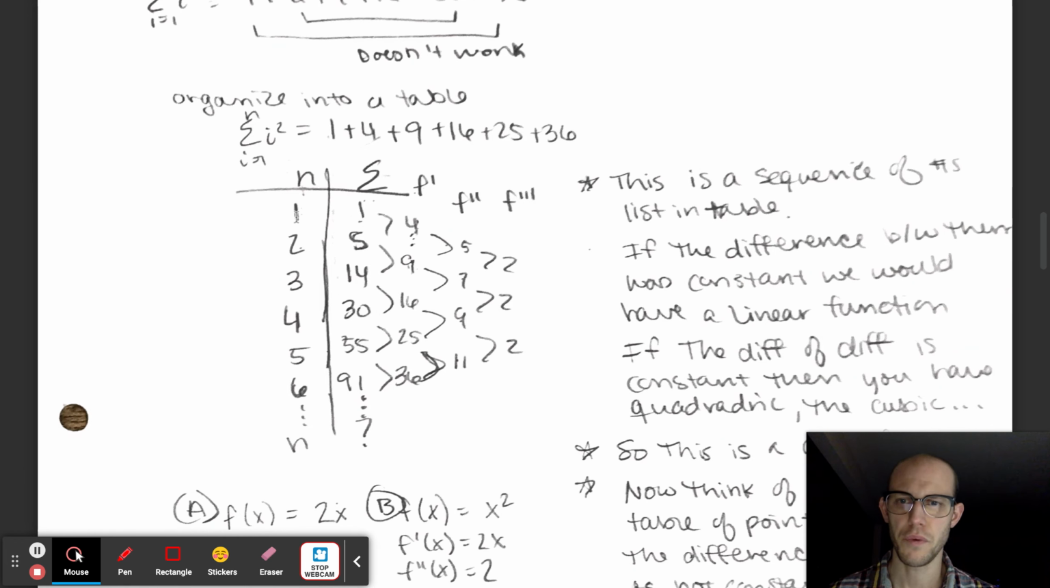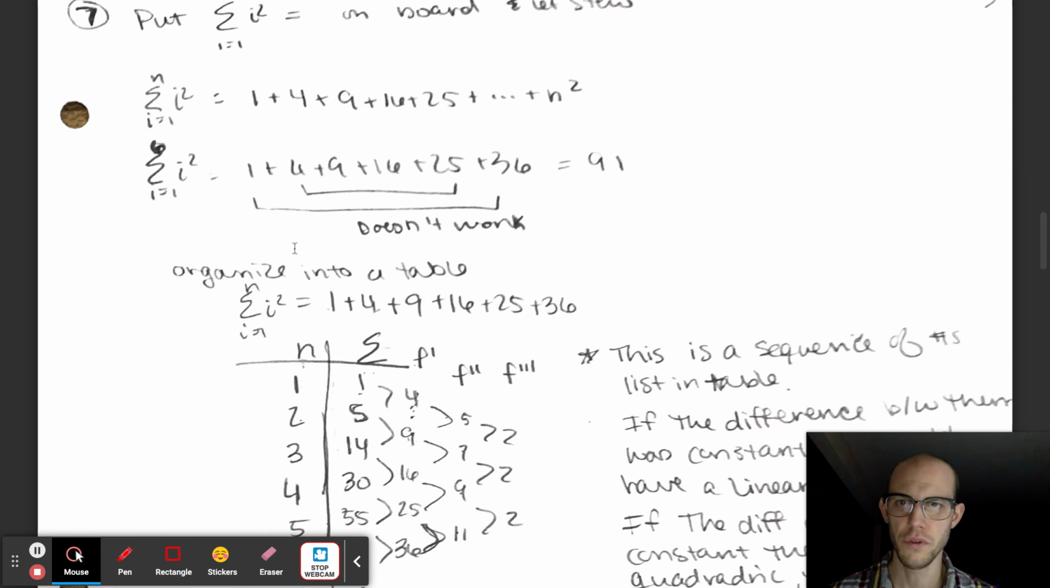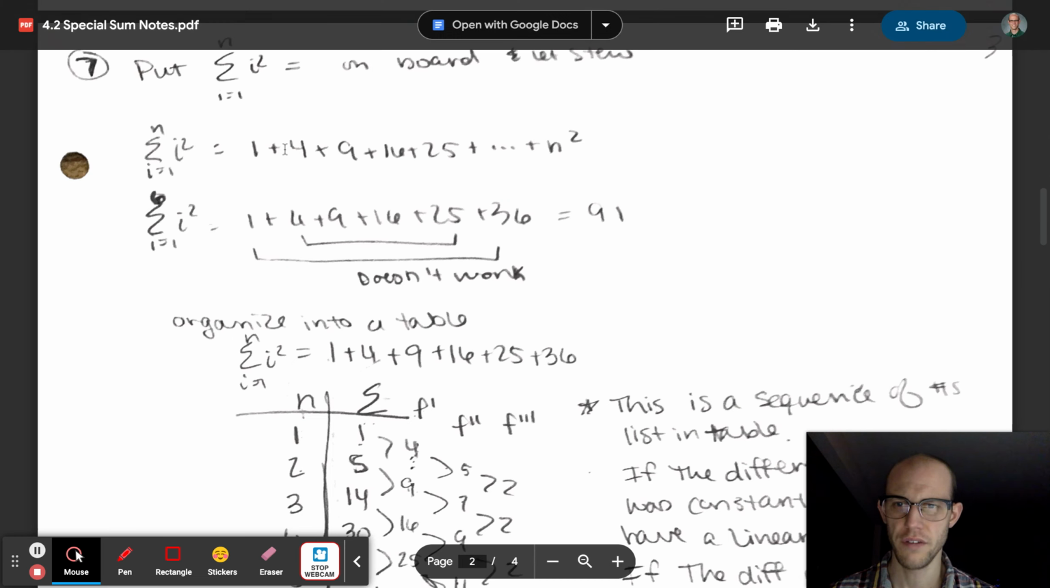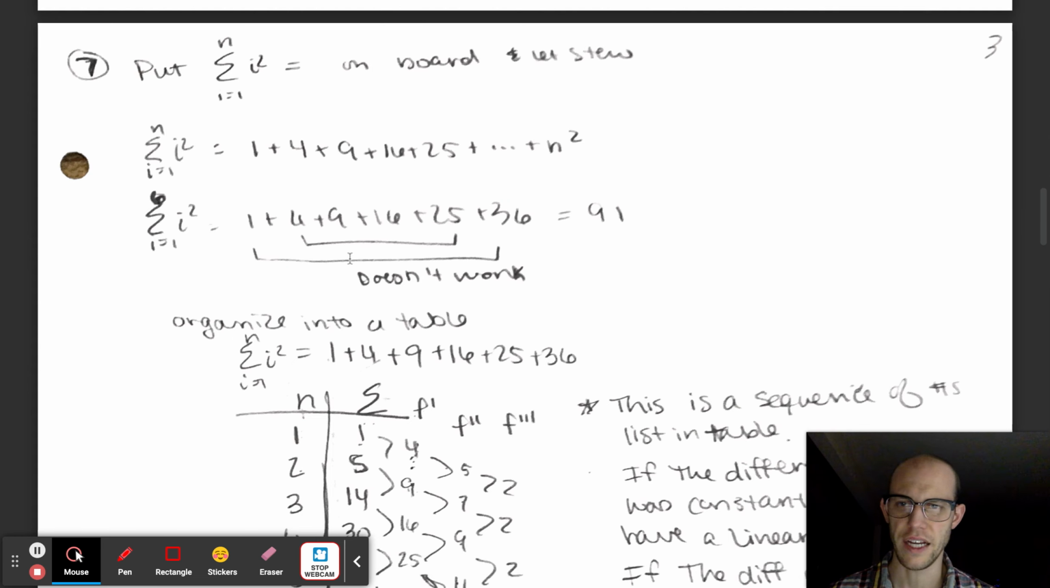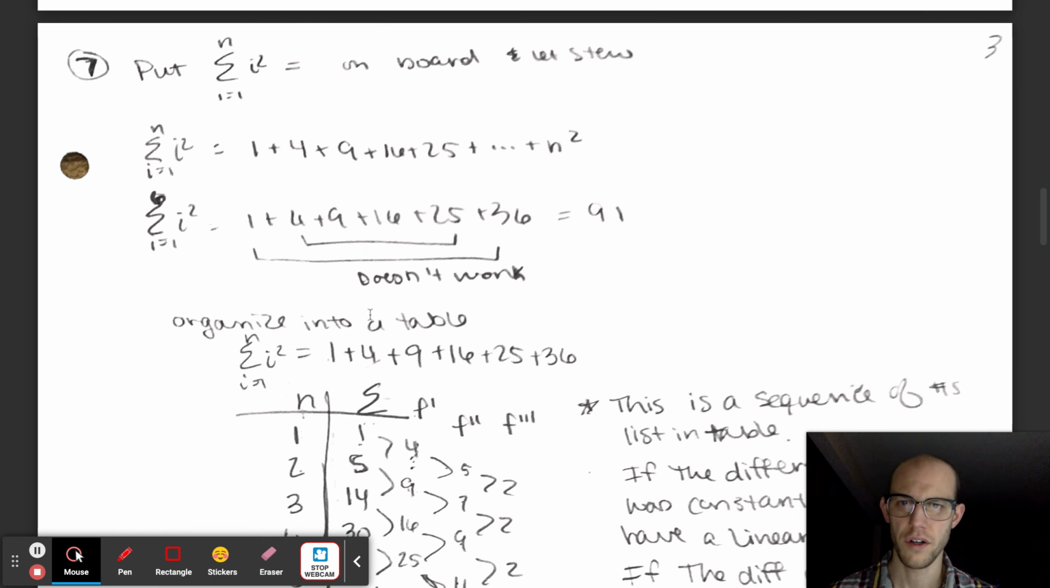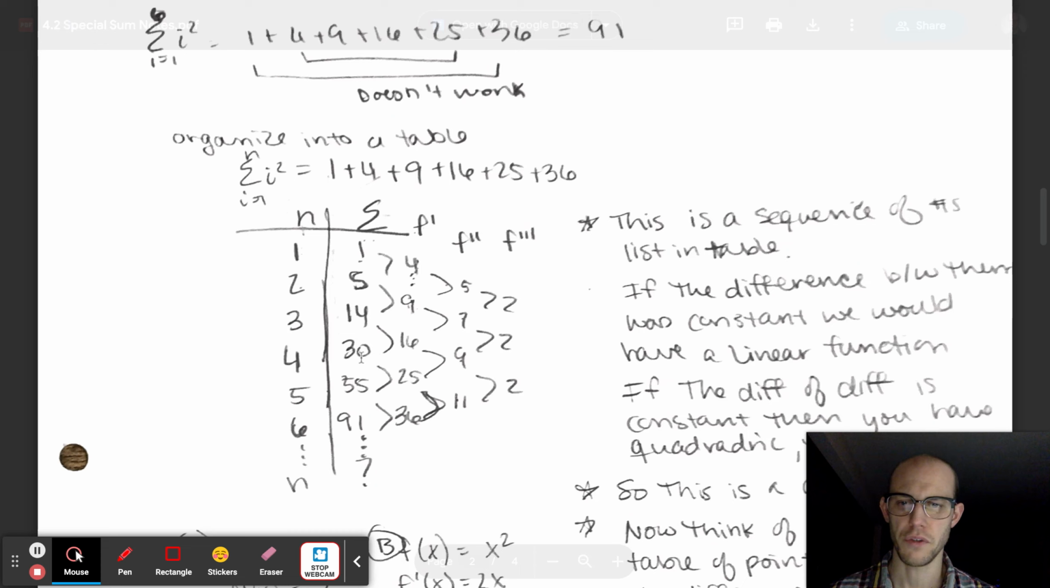So using what we know, when the index is 1, we got 1. When the index was 2, 1 plus 4 would be 5. When the index was 3, 1 plus 4 plus 9 would be 14. When the index is 4, we would go down, so on and so forth. So if we look at that, 1, 5, 14, 30, 55, 91 to an index of 6, they're not increasing